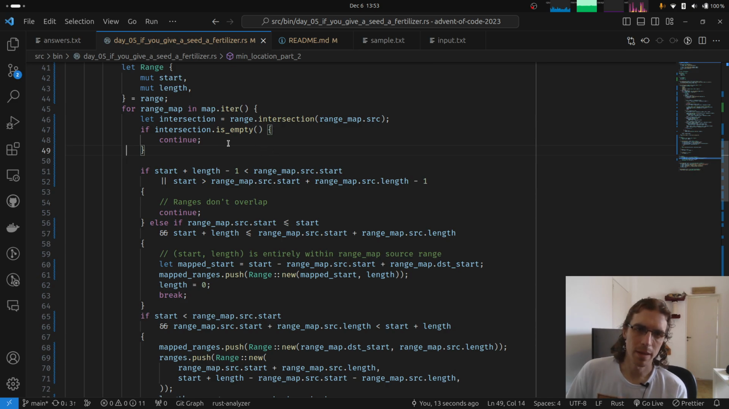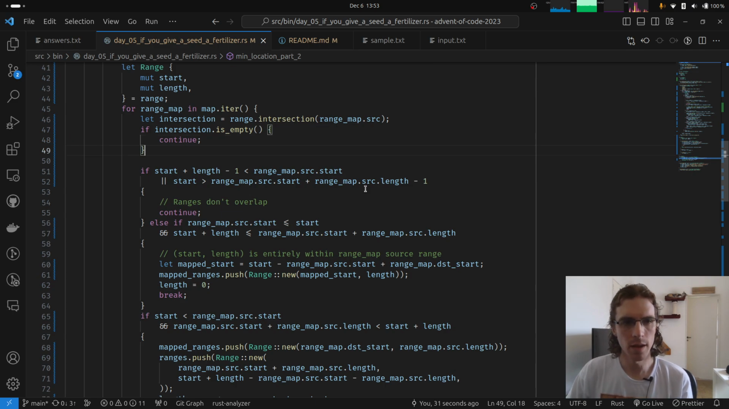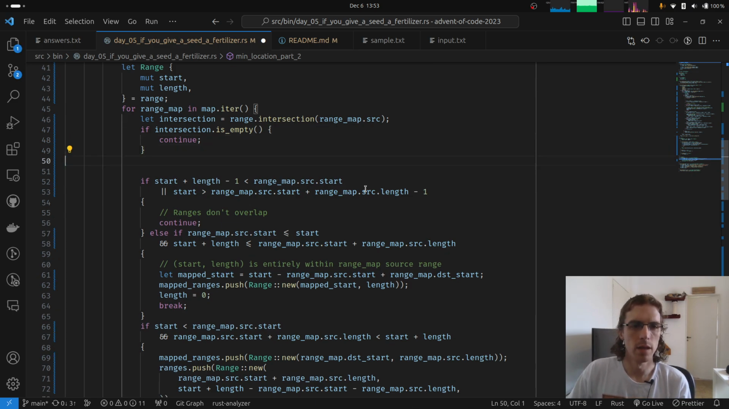Don't overlap, but it's not the same as this. What a fantastic thing to find. But I think we can easily debug this. So if we say if intersection, what we want to say, like